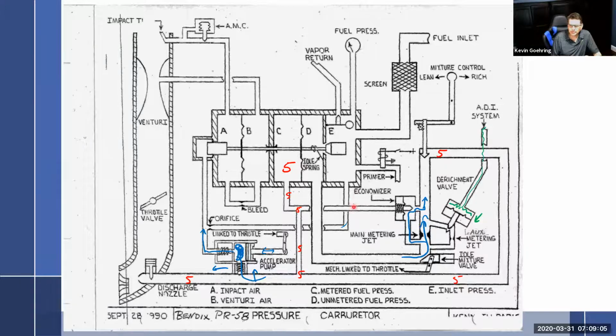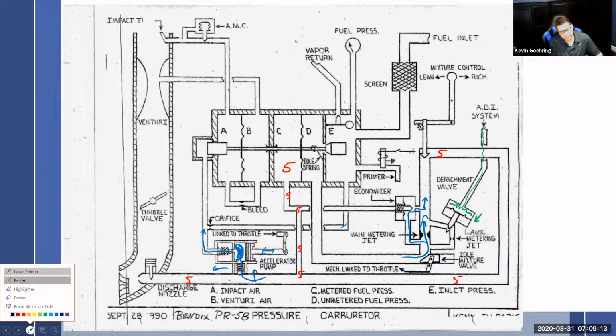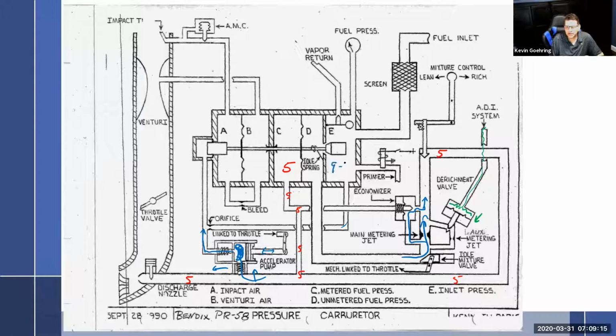And so if we followed it through and thought, okay, I'm running along at cruise and I've been at cruise for an hour now. Well, if this is 9 to 14 in here, then it's the same here, and the same here. This is going to be also 9 to 14 up in here, just because it's eventually going to leak through this little orifice, given enough time. So all this is 9 to 14 anyway. So all I'm looking to do is drop it back down to the 9 to 14.